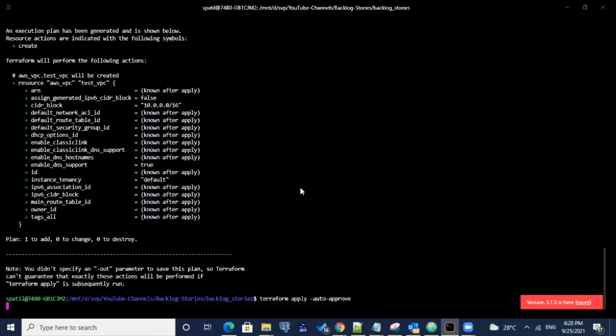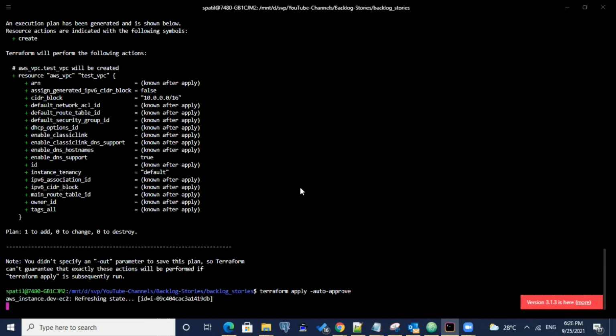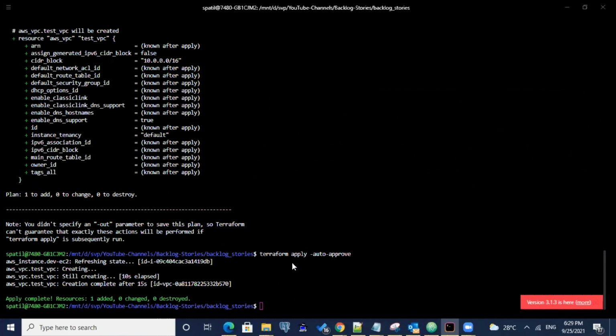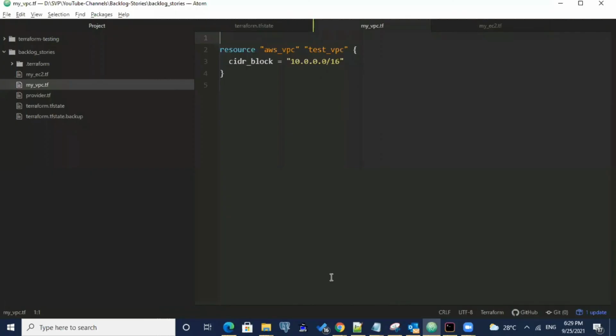Okay, let's run the terraform apply command. The apply command is completed: one resource added, 0 changed, 0 destroyed. Let's go back to the Terraform state file.